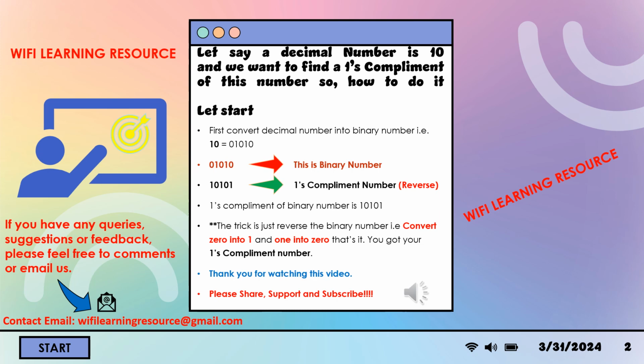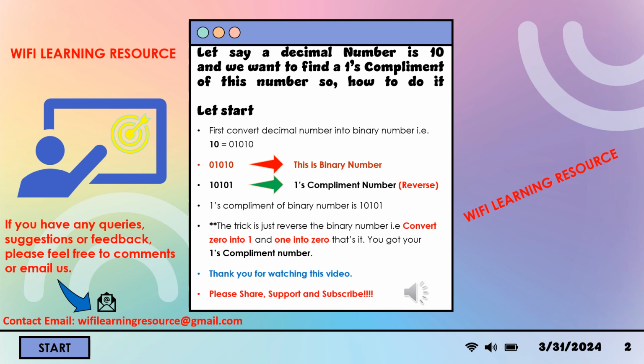Friends, let's say our decimal number is 10 and we want to find the ones complement of this number. So how to do it? Let's start. First, convert the decimal number into a binary number, that is 10. 10's binary number is 01010. This is our binary number of the decimal number 10, and we want to convert this binary number into ones